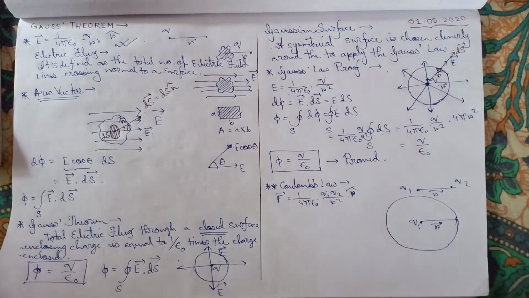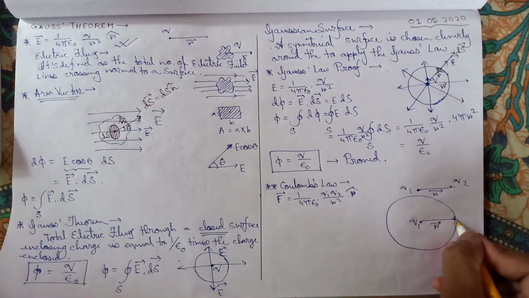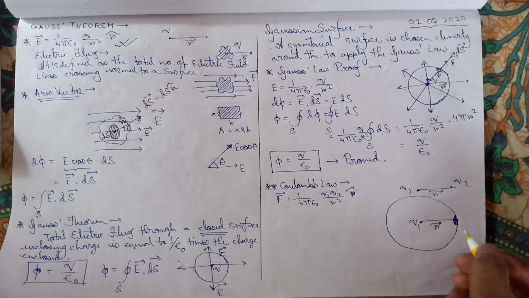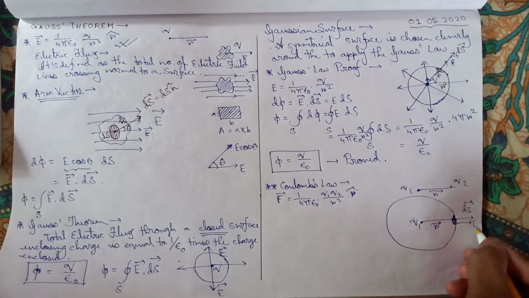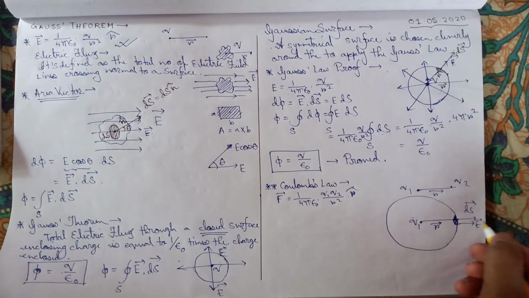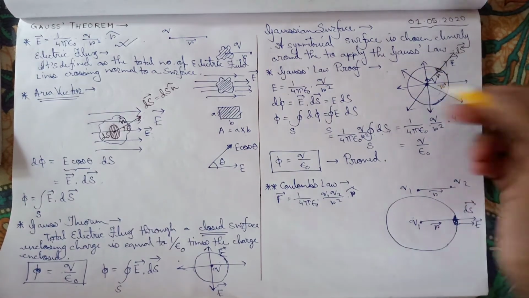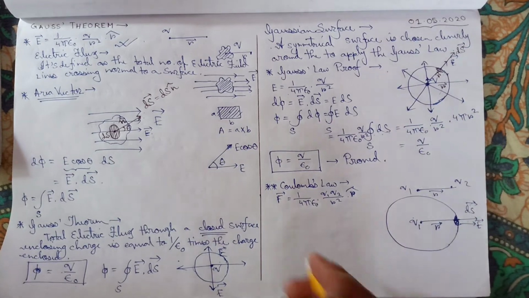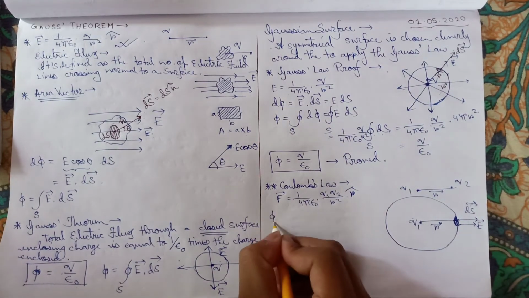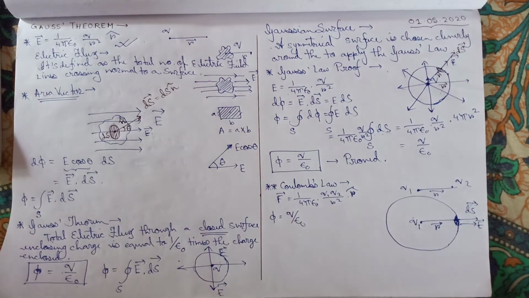So we can apply Gauss law here. How easily? We will just apply the electric field lines. Let's say we take an elementary area here, which has direction in that part, and the electric field line is also directed in that direction, because we know the electric field lines will be spherically symmetric. So the angle between ds and E is 0. So we apply Gauss law. We know phi equals q by epsilon naught from Gauss law, right?